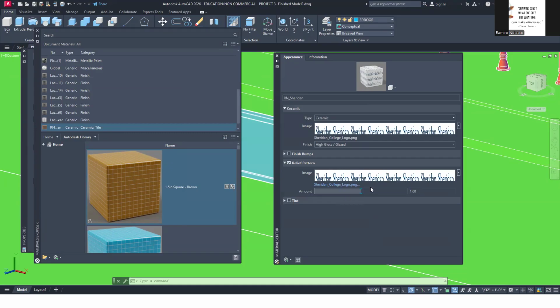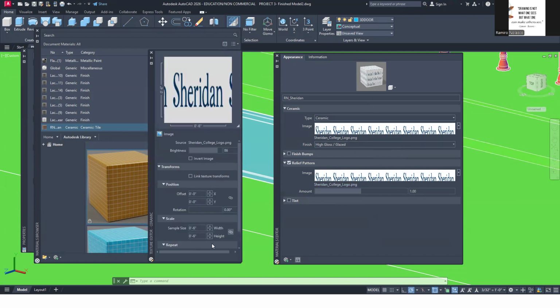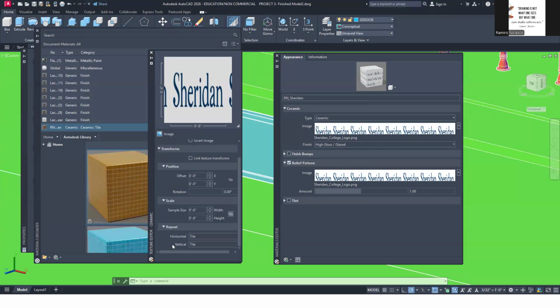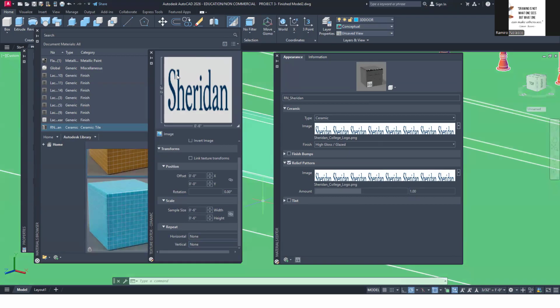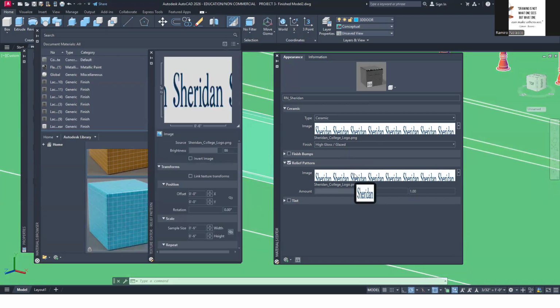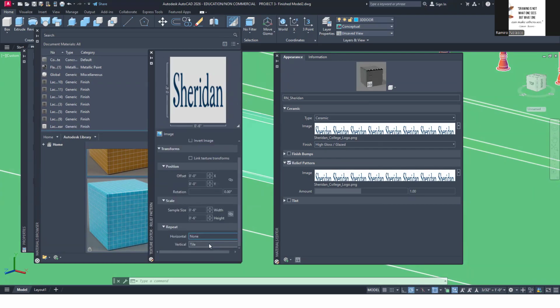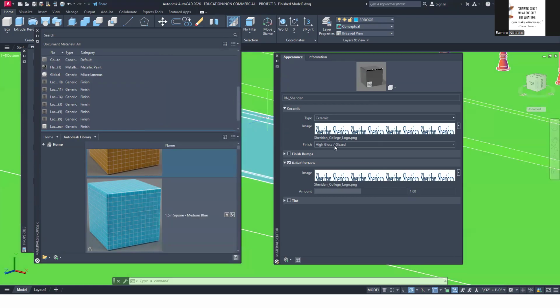Okay? And then you do want to edit the image so that it is not repeating. Okay? So none, none. Okay? And of course, you also want to do that for your relief pattern. So you'll say none, none. Okay? Once you have done that, then the last thing that you have to do is to know the